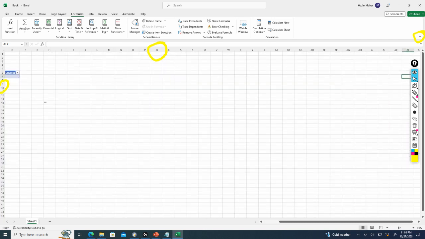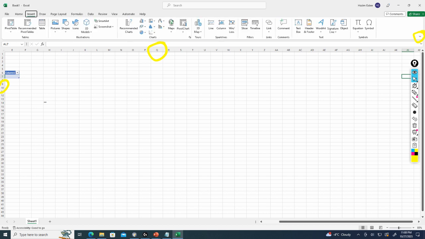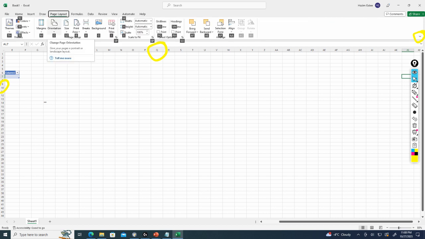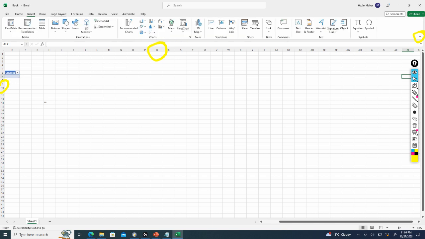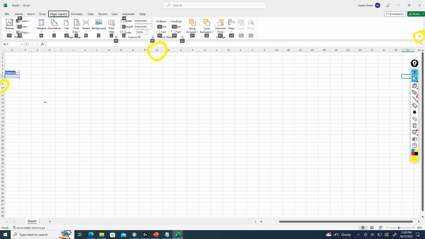Number three is if we press the Alt button, you'll see on the ribbon all of the buttons now have letters next to them. So I can use Alt and then the letter to do a command. For example, if I want to access pictures, I can choose Alt P, and no, that didn't work. So Alt says, okay, pictures is P. So now if I press the letter P,